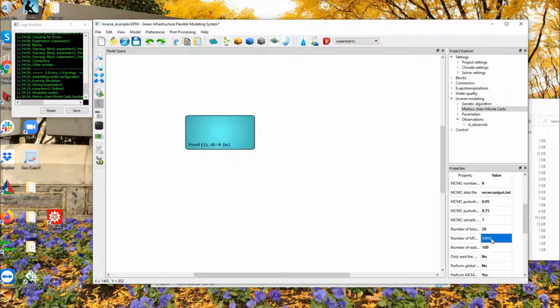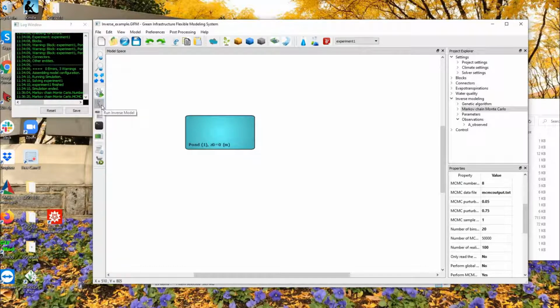So I'm going to take 50,000 MCMC samples. Then I can also specify the burn-in period, so I'm going to throw away the first 1,000 samples, and that's pretty much it. So let me just go and save the model again,